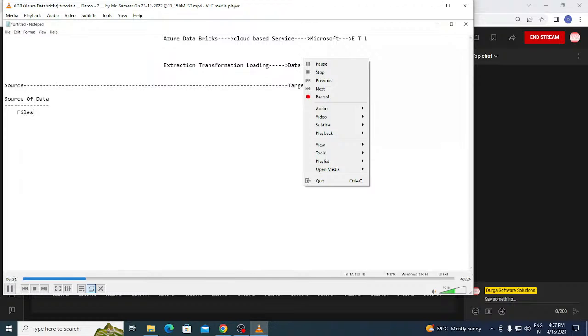Okay, files. What type of files, guys? But ultimately the files will also receive the data from what? Ultimately business. See, we all are working for the business or not? Even though you are working as a data engineer, that means you are working for a business or not? Tell me now, guys. Yes, everyone? You're working for the business. Am I right, everyone? Just give me a second. I'll be back.